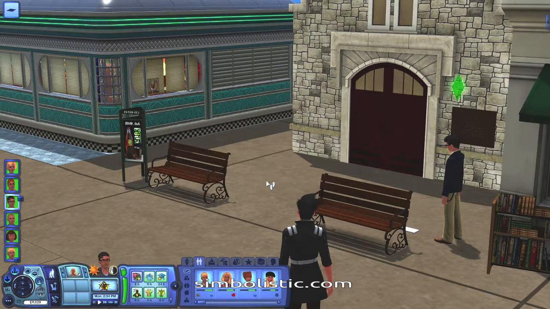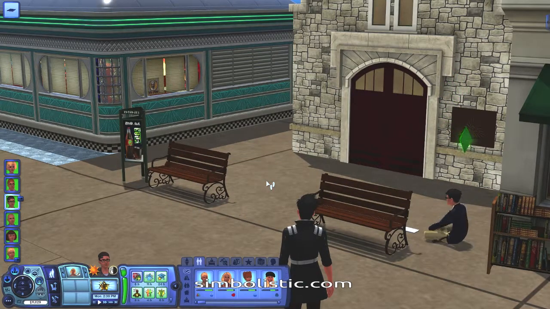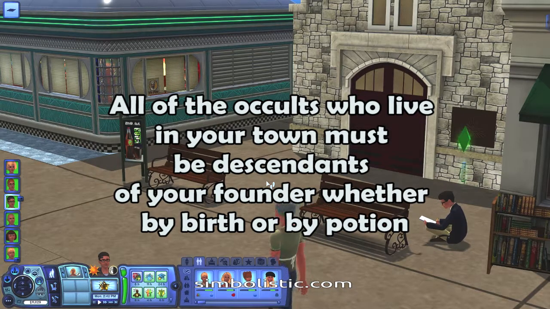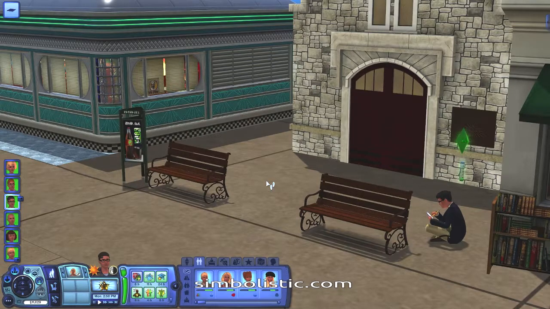types. In other words, supernaturals, and that would make it so that in this town, all of the occults who live in this town are descendants of your founder. So all of the occults can come from this particular sim. And in episode 1, I showed you how to get rid of other occult types. And as for the rules, I'm making them up as I go along, but